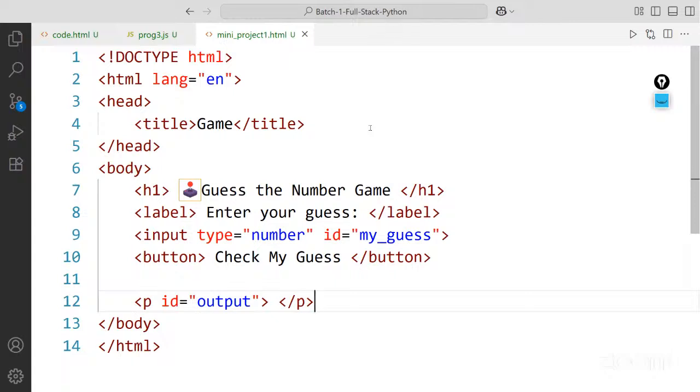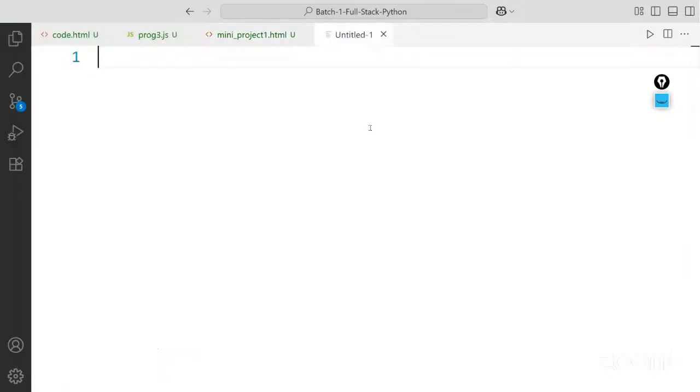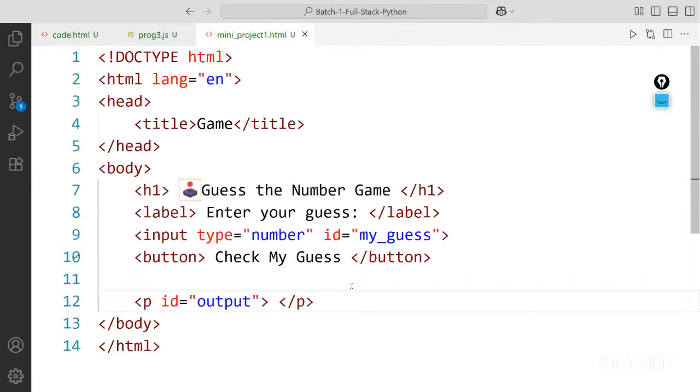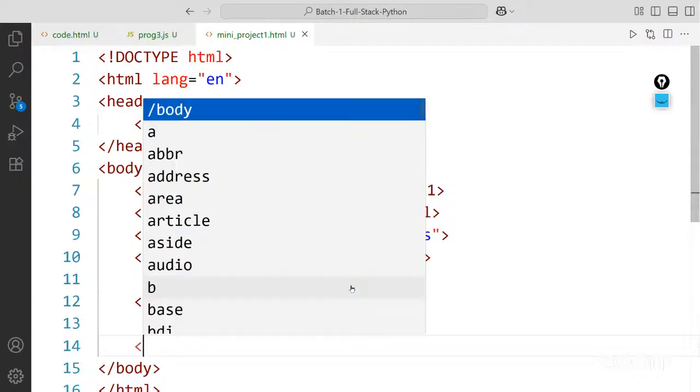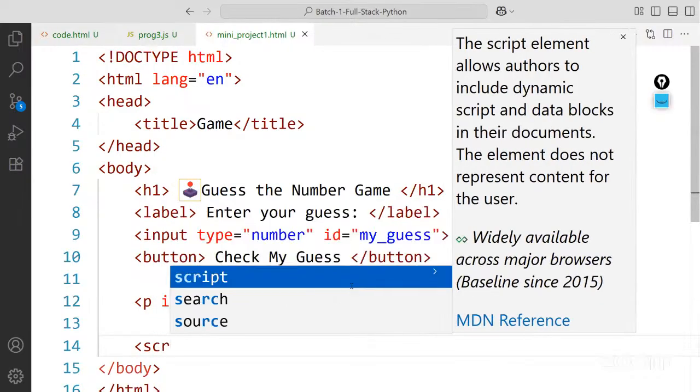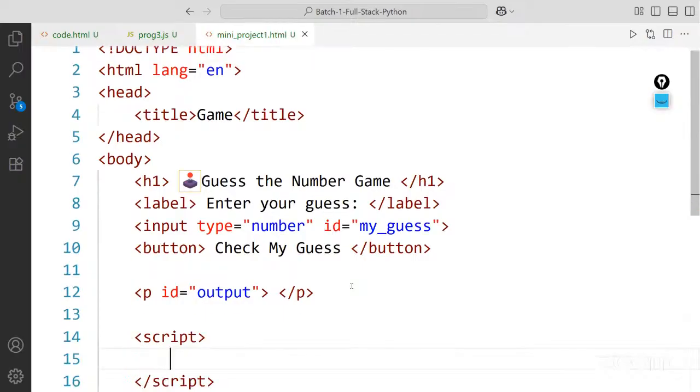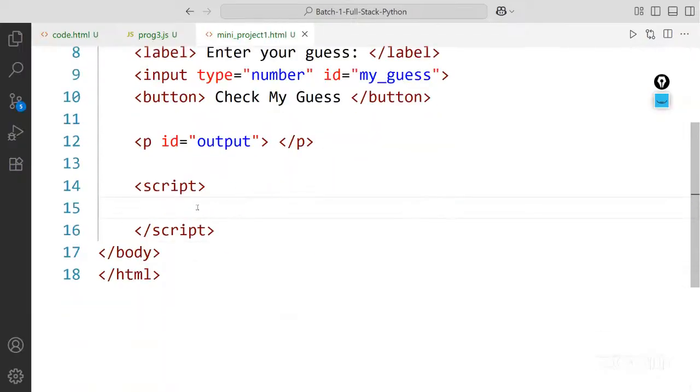So here let's use JavaScript. So first, which tag will we use to put the JavaScript code? Script tag. Open the script tag, and after that close the script tag. And after that here we have to create one function. But before creating a function, I want the computer to generate a number. First, let's say computer guess,